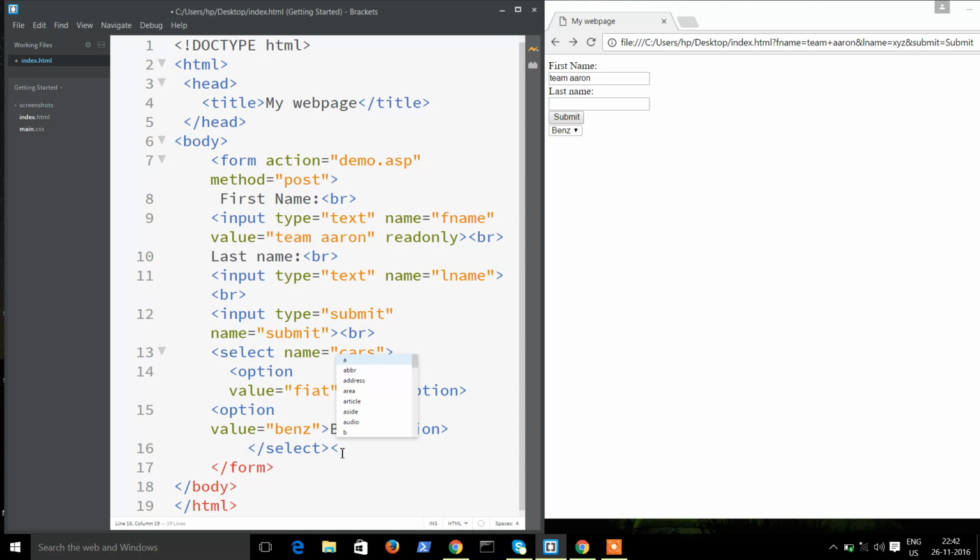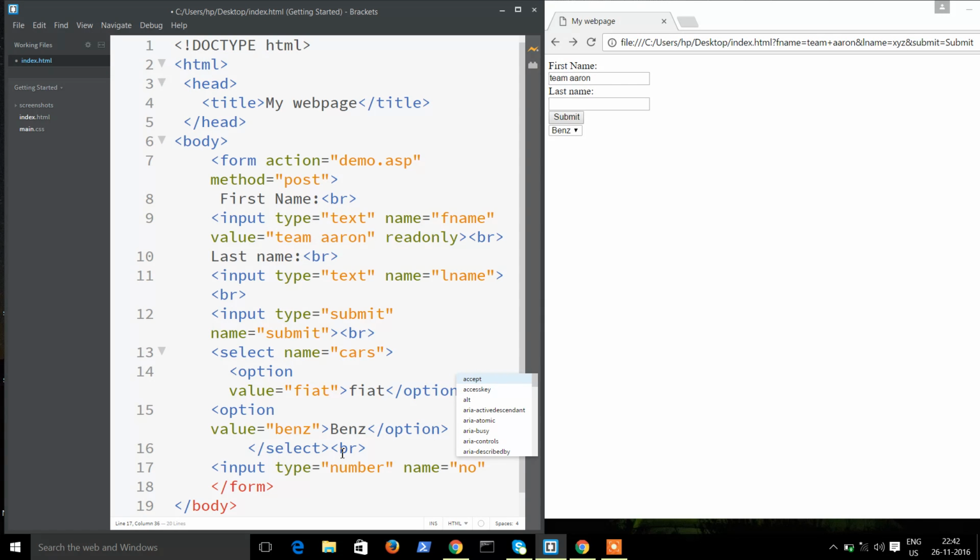Suppose, let me give here a break, and I'm writing here an input tag, input type equals something called number, because I'm asking the user to give me some number. We can provide a name to that, name equals number, and we can provide a minimum and maximum value. So minimum equals 0, and maximum equals 100, and we can provide a step increase size, that is